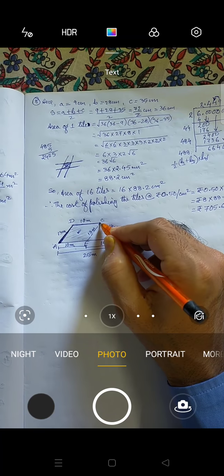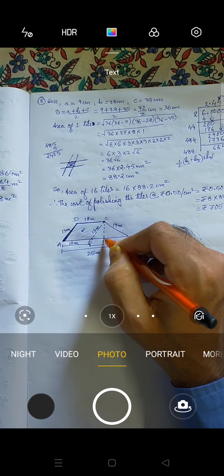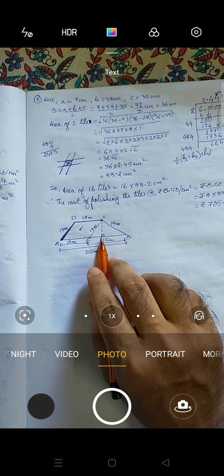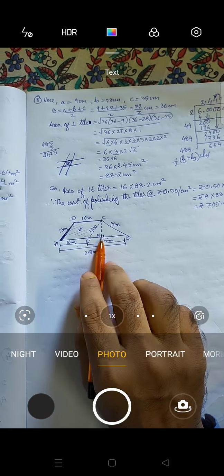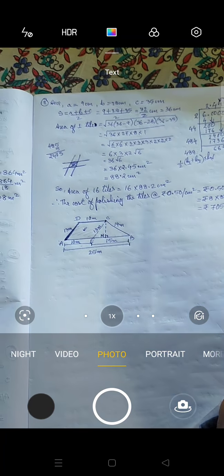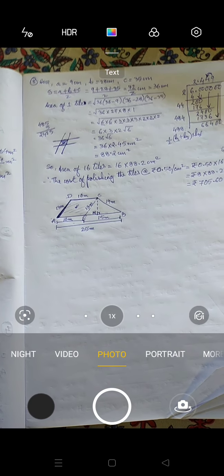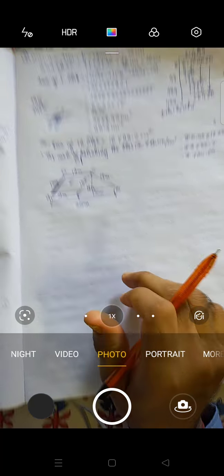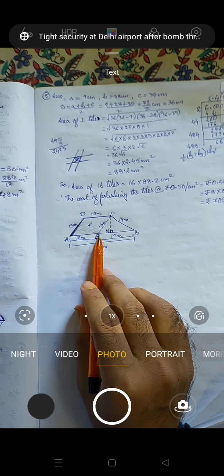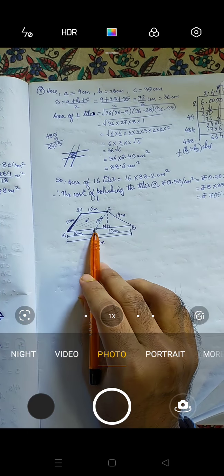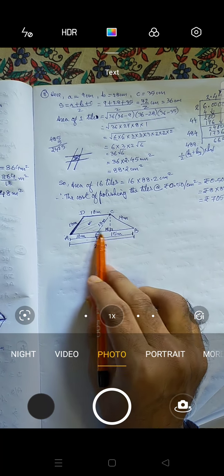Now from here, what I will do, I'll draw a perpendicular here. Perpendicular means 90 degrees, this one. So I am taking this point as M. So I am writing it over here, M. This point is M. Now you can draw this diagram and then I will explain to you. Okay. Now in this triangle, you can see that we have three sides, 15, 14 and 13. Can we find the area of this by using Heron's formula?